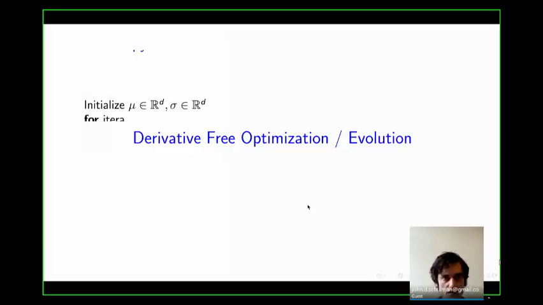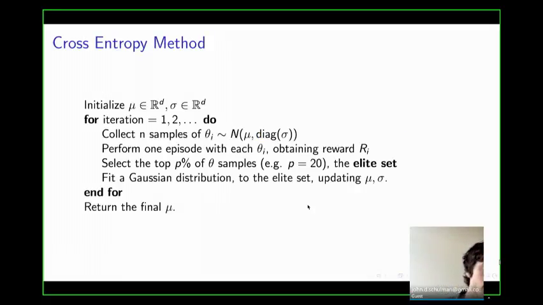So first I'm going to just introduce an algorithm called the cross-entropy method, which is simple to understand intuitively. And that'll give you an intuition for what's kind of going on in these derivative-free optimization methods. And then I'll talk a little bit more about how to justify it. But first, just to introduce the algorithm,